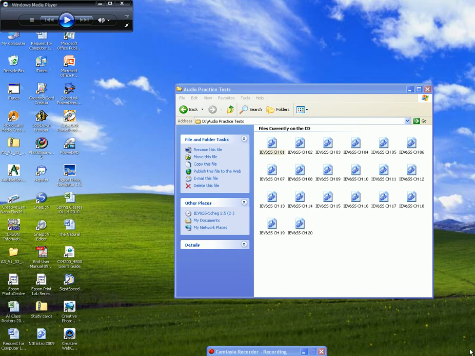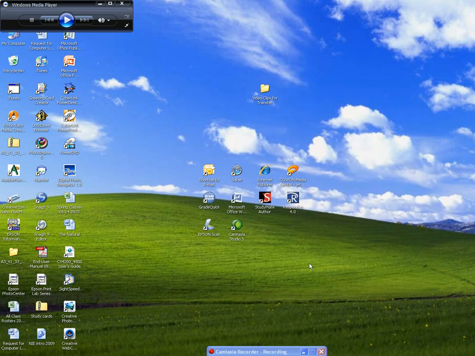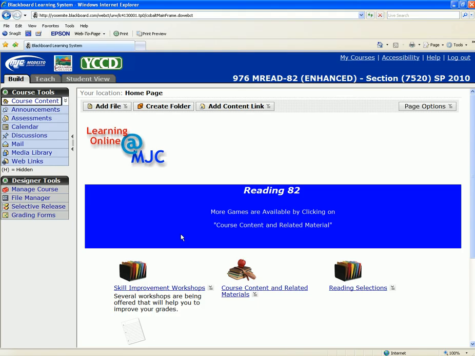So you go over here to the lower right corner and you click on that down arrow, and it switches it to the compact mode. Now it's up here. I don't need this anymore, so I'm going to close it out, and I'm going to bring up my Blackboard test. I've already logged into Blackboard, and I'm going to go over here to Assessments. I'm going to click on Assessments,